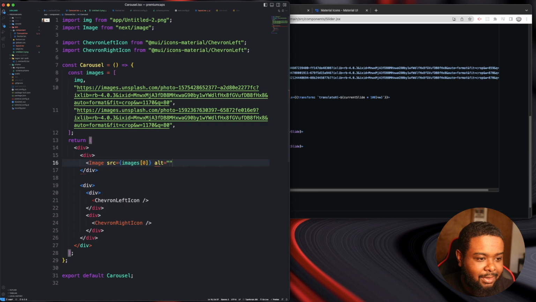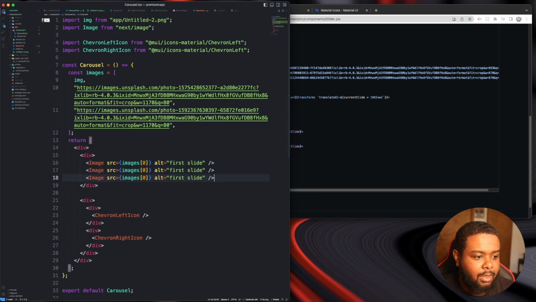And alt is gonna be first slide, and that. And copy, change this to 1 and change this to 2, change the alt to second